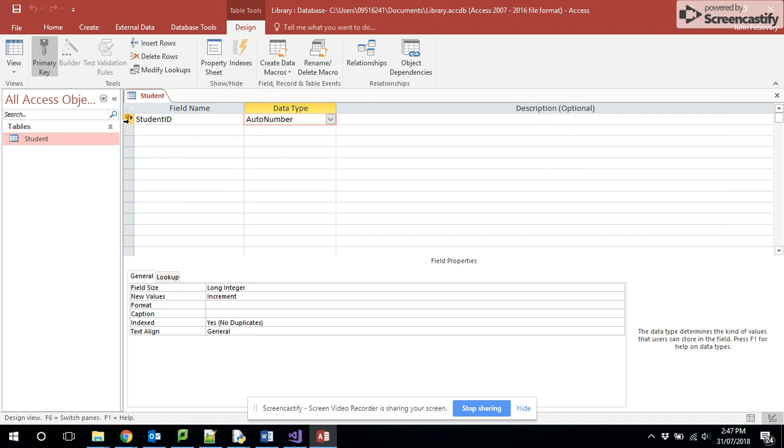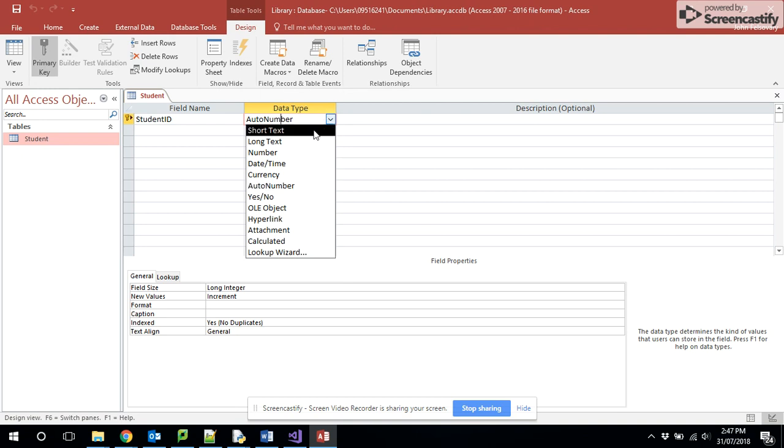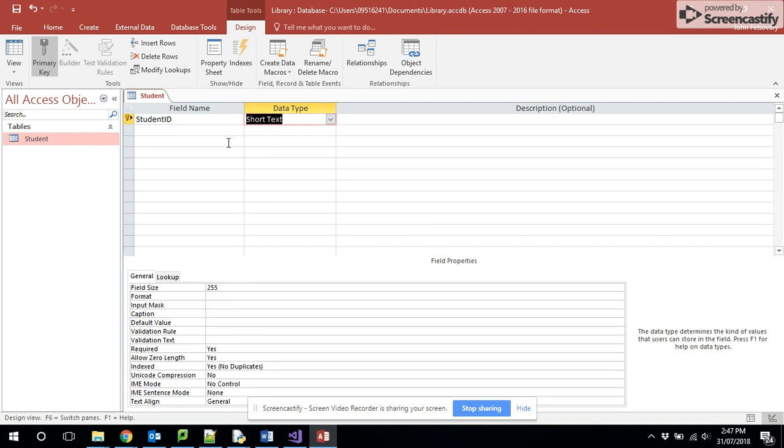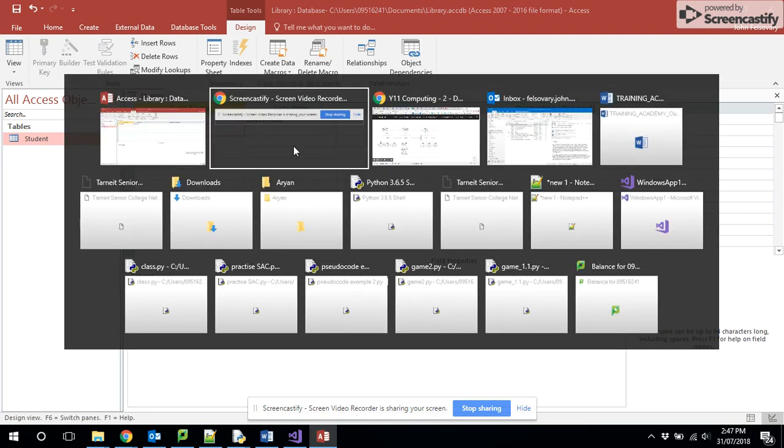And it's already done that automatically. You can see here with that little key, that means it's the primary key. We don't want it to auto number. Auto number is when it will literally go 1, 2, 3, and so on. We want to probably go with short text. Okay. The next one